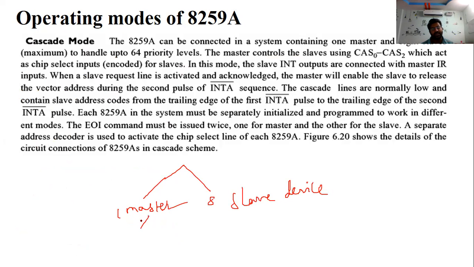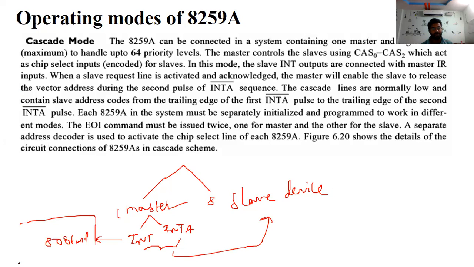This master device is connected to the interrupt INT and interrupt acknowledgement, and these come from the 8086 microprocessor. The master controls the 8 slave devices.